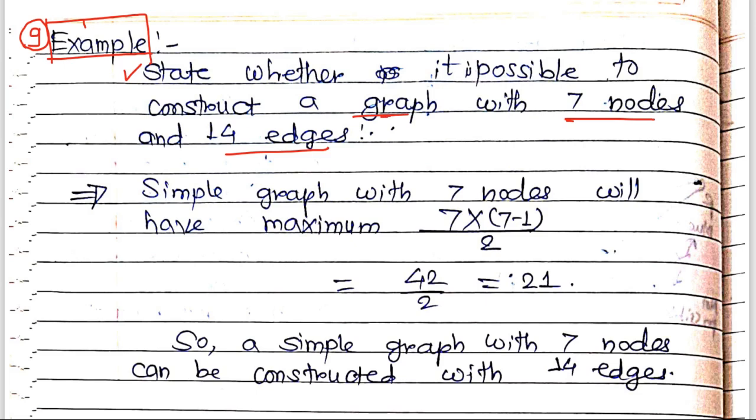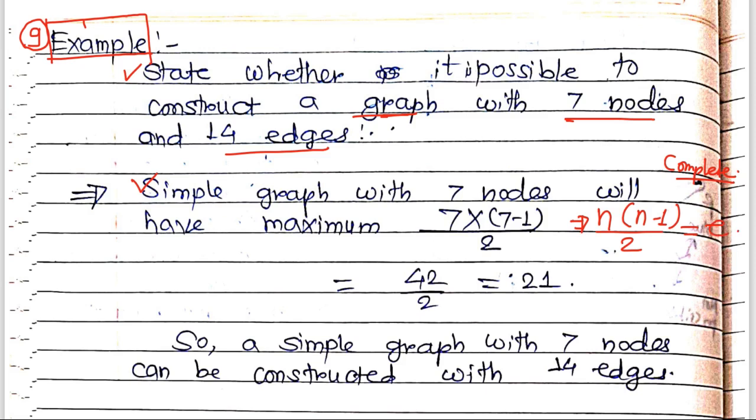Here it is said that it is just a graph. It is not given as a complete graph or anything like that. So we know that a simple graph with n nodes will have at most n into n minus 1 upon 2 edges. These are the maximum edges if you have a complete graph. You already know the complete graph definition. If you don't know, check the previous videos. So n into n minus 1 upon 2 is the formula to find the number of edges in a graph.